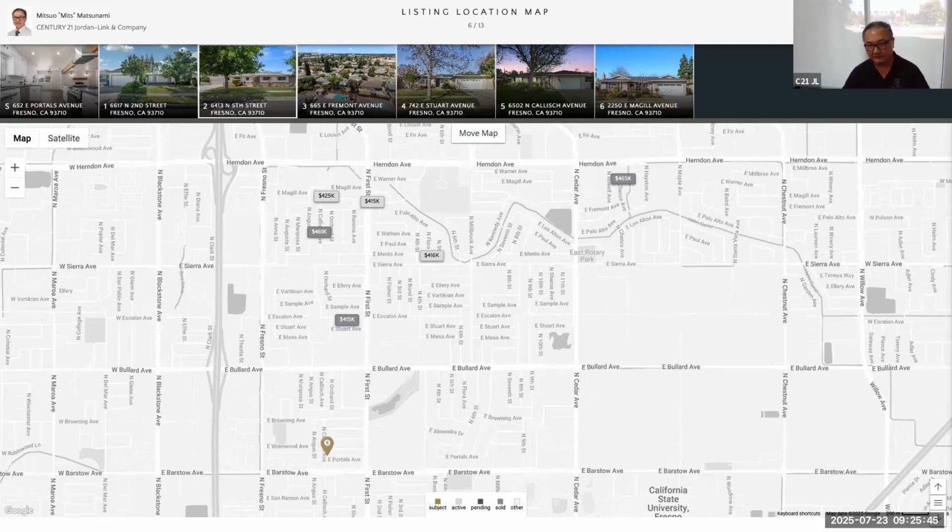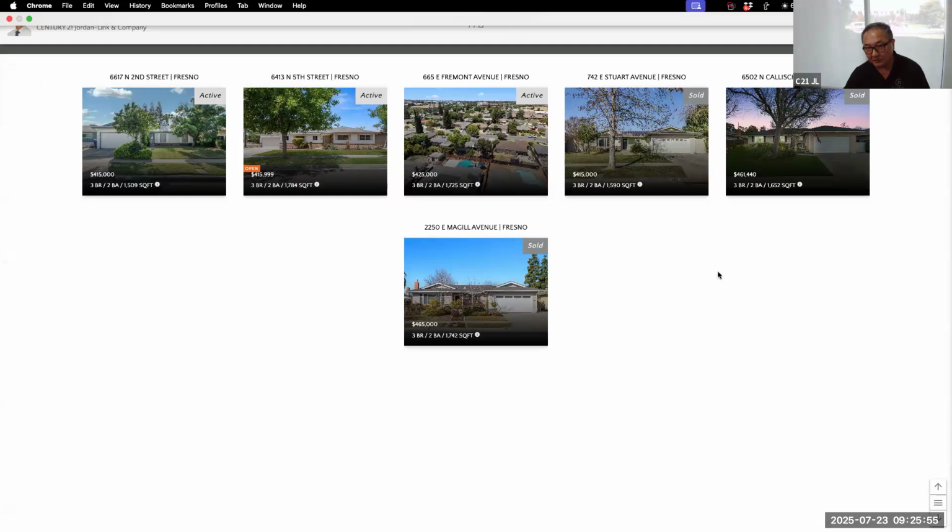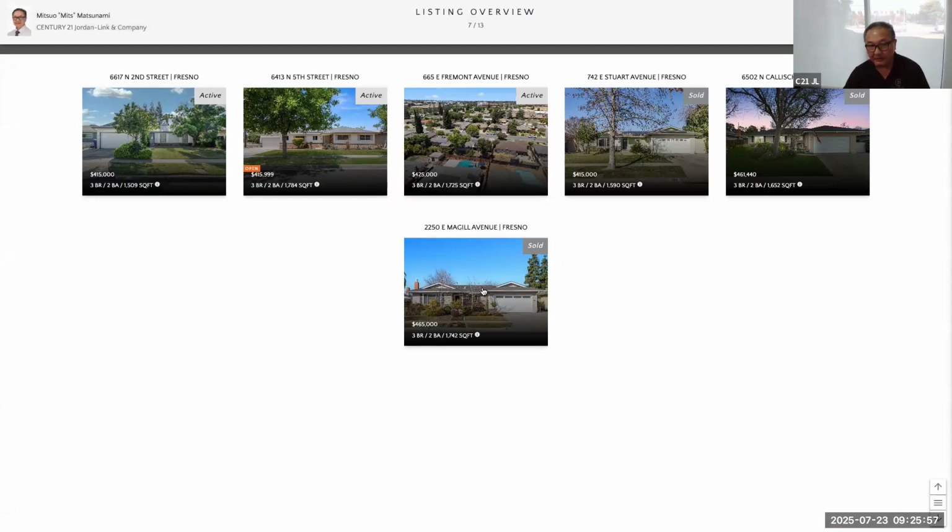So you can walk through those things. Now, the listing overview are just tiles of the individual properties. It's not really necessary because you have that view above. But what it is necessary for is if you have the tile view, when you do the printed presentation, it actually will allow you to have the tile view on one side and then all the photographs on